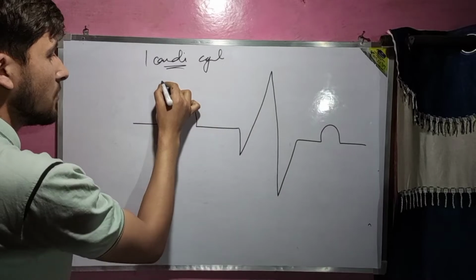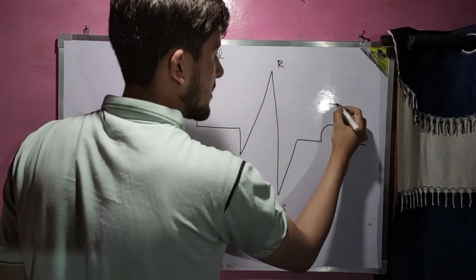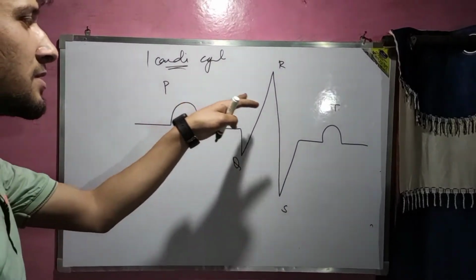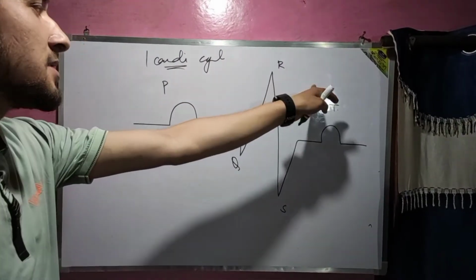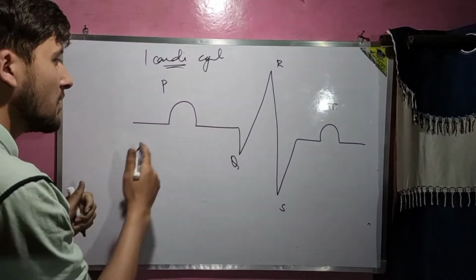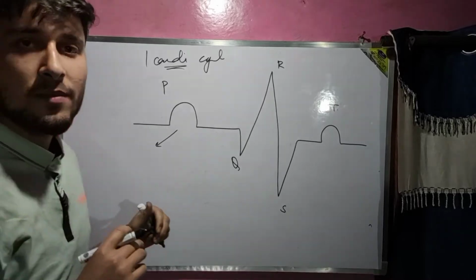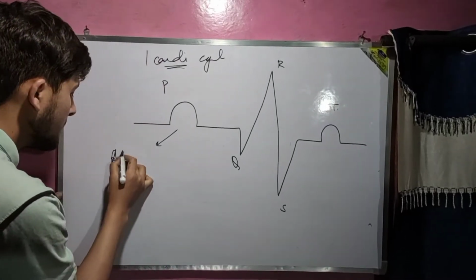This is the P wave, this is the QRS complex, and this is called the T wave. The different waves of a standard ECG represent the different conditions of the heart. For example, what does the P wave represent? The P wave represents the first stage of the cardiac cycle, that is the atrial